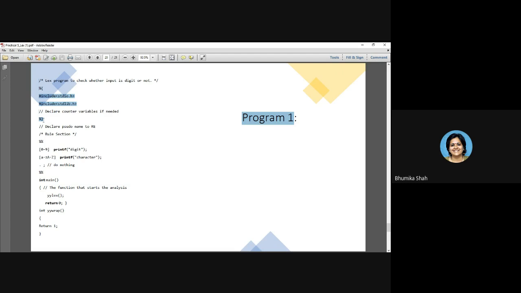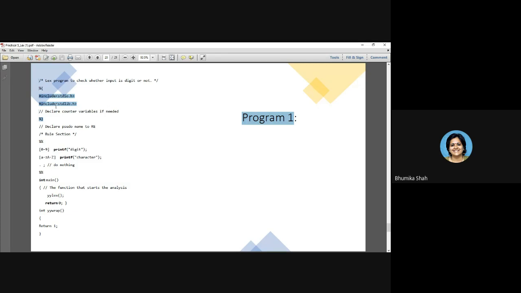So what all will you write here? All the header files you require in your equivalent C program, your scanner program, like stdio.h, and if you have written string functions, math functions, all those header files should be included, whatever you will require. So right now I require 2, so I have included stdio.h and stdlib.h. Suppose you are calculating the total number of spaces or the total number of new line characters, then you may require some global variables. So those global variables should also be declared here. We will see such programs also, because those variables need to be accessed in the equivalent lex.yy.c file. Don't worry if you don't understand everything at once.